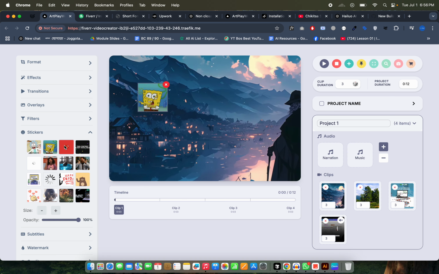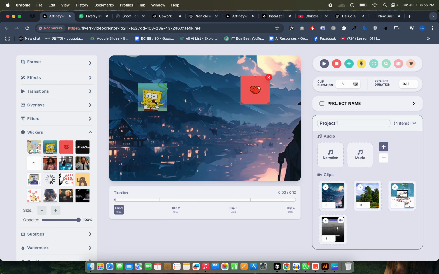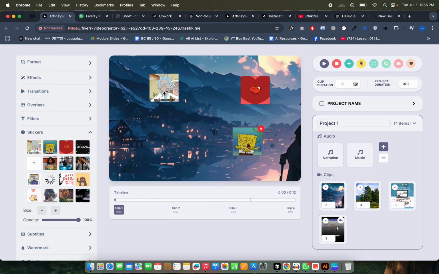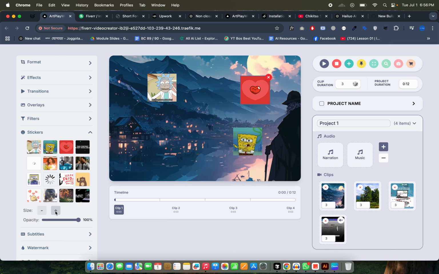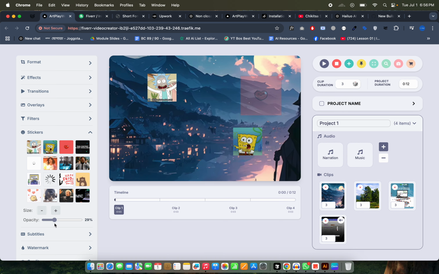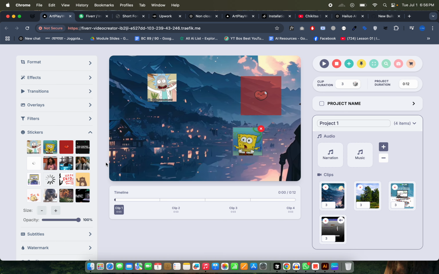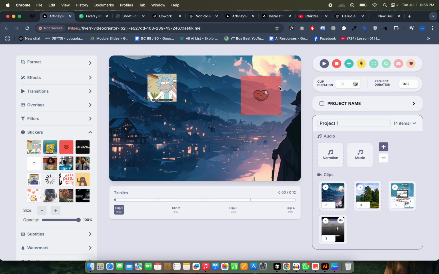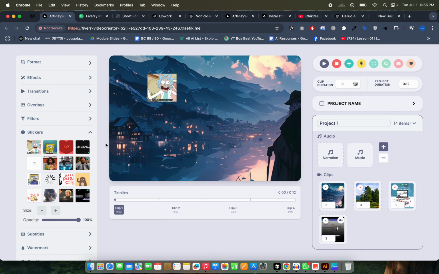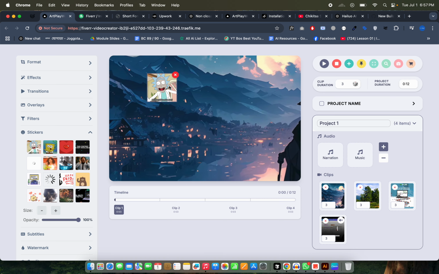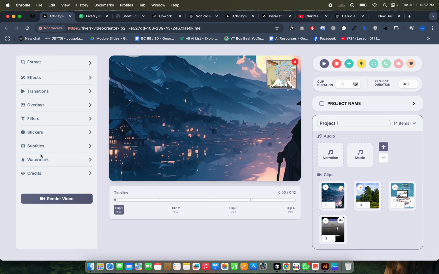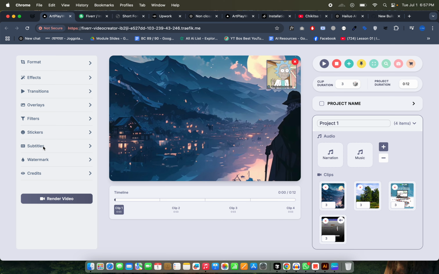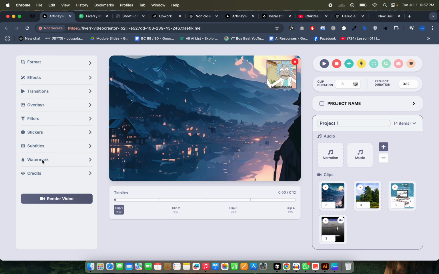So I made the stickers more workable for you. Now you can select every single sticker and work with their size and opacities. And like this one, if you select it, you can work with its opacity, and you can remove it that way, and sizes are working so fine. So the sticker is now doing so good. It's also working fine. And the subtitle, I need some feedback from you about the subtitles now, but the watermark